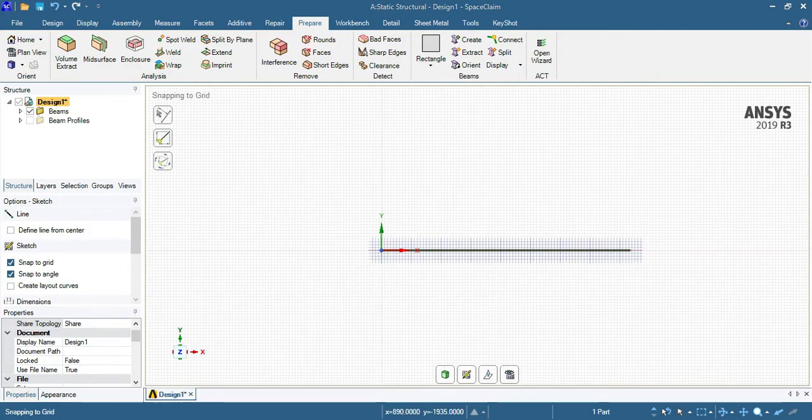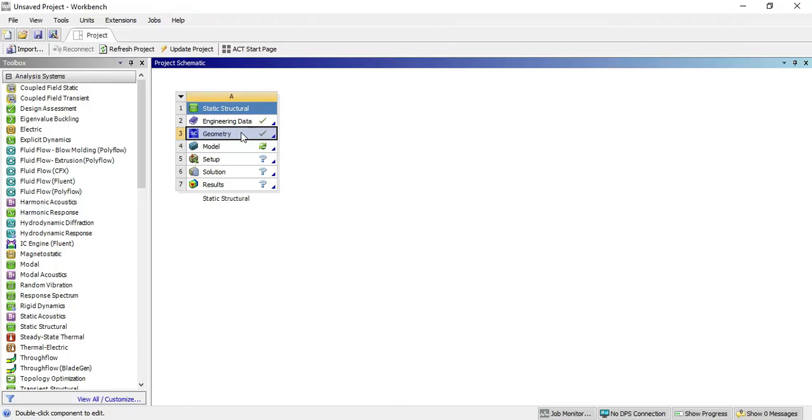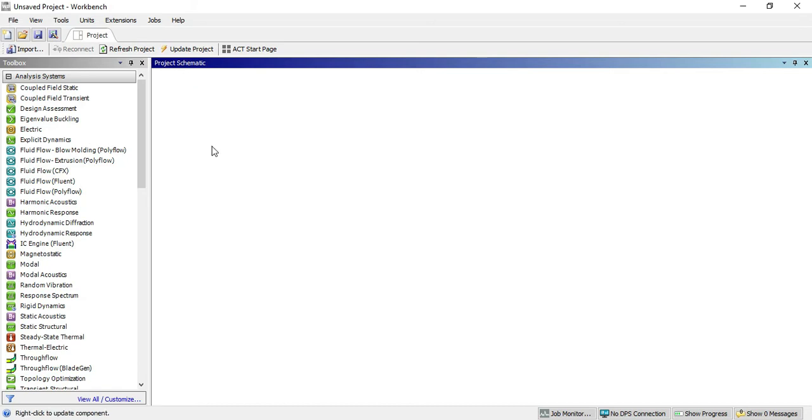Now open Workbench again. Our geometry is taken here. Now go for model. Double click on it.